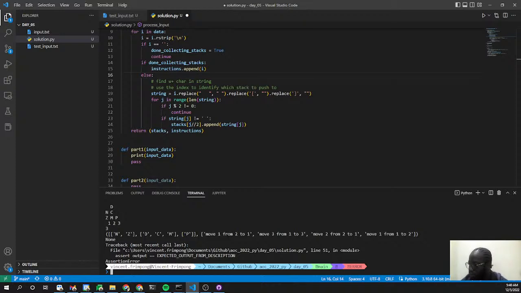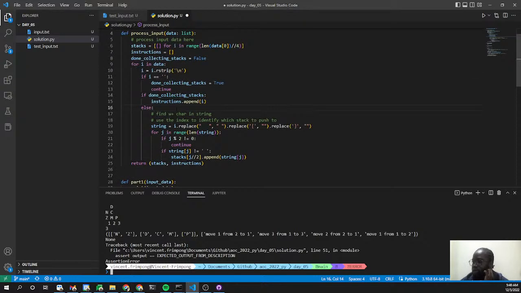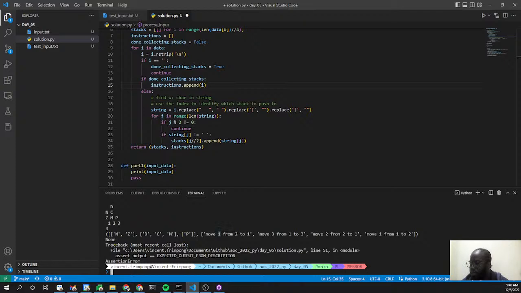Or I could just fetch the integers out of it, right? Yeah, I could also just fetch the integers out of it, even though I think maybe a regex might be better here. Where am I even extracting the instructions? Here, right? Instead of just putting it in, I can just grab the quantity, start and end from it. So I don't know, split by spaces and get the